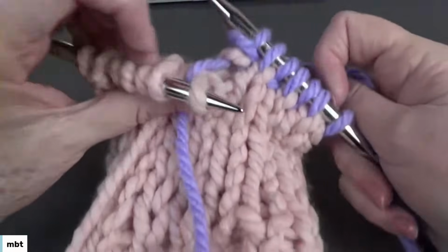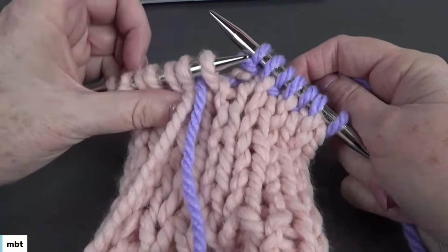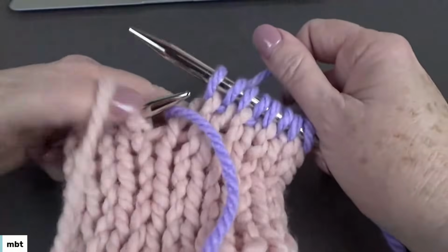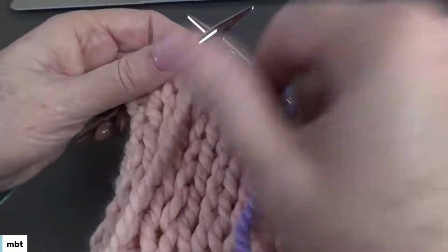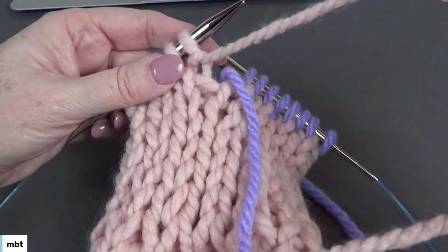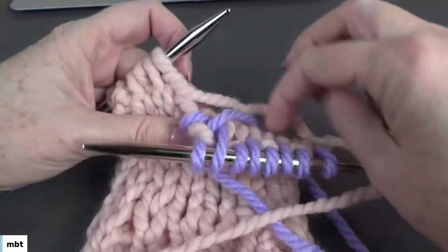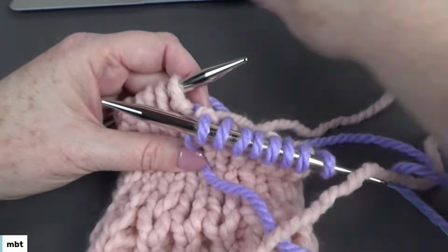So then I would, let's see, where's my pink working yarn? 2, 3, 4, 5. Oh, no, I need to knit this guy. Because again, I want it an even number. So 2, 4, 6, 8. And then I'm going to slip one with yarn in front, but I'm going to want to make sure that my yarns